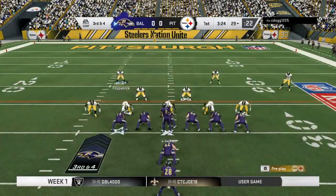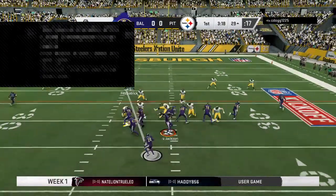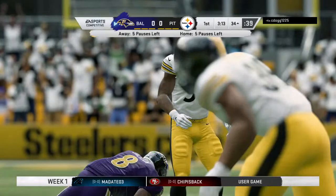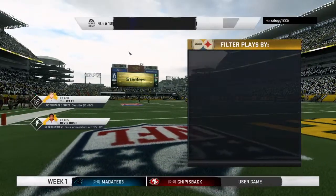8th play of this opening drive coming up. This is 3rd down. To throw is Jackson. Forced out to his left. And he can't find anywhere to go with it. And he goes down. Devin Bush in there to drop him for a 6-yard loss, and that will lead to